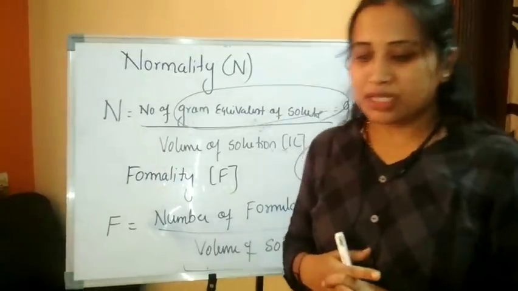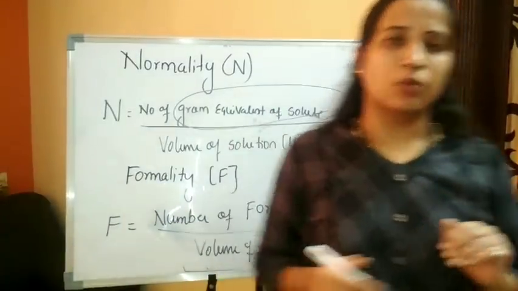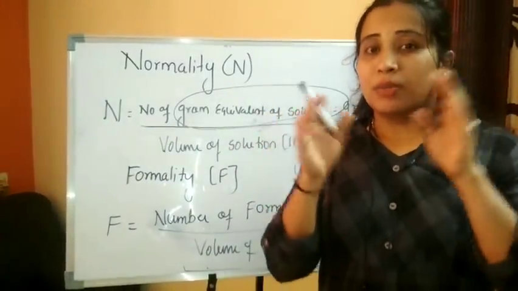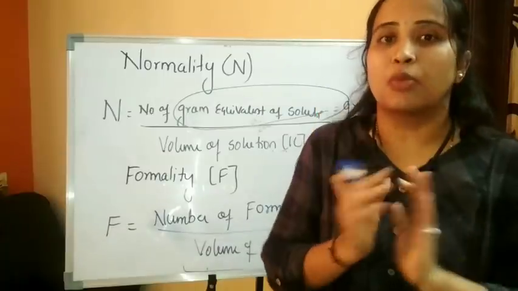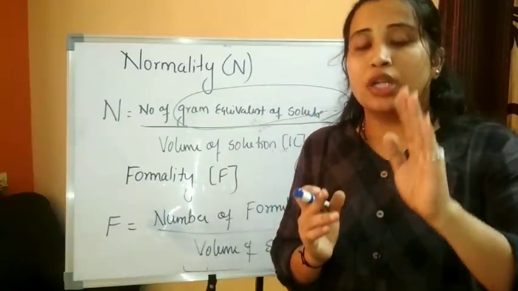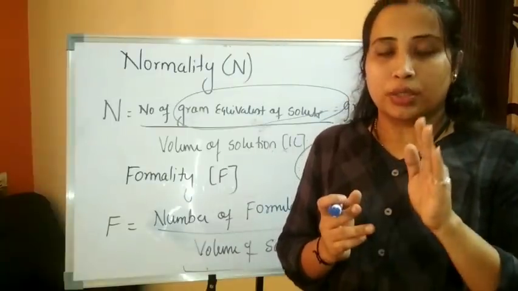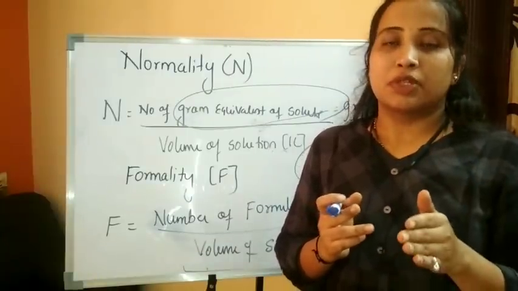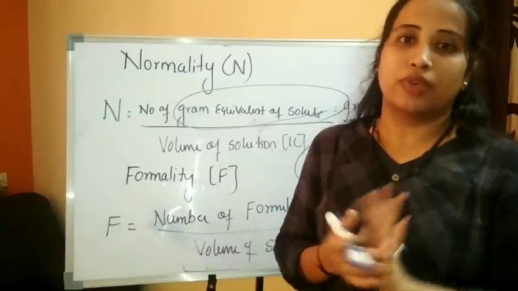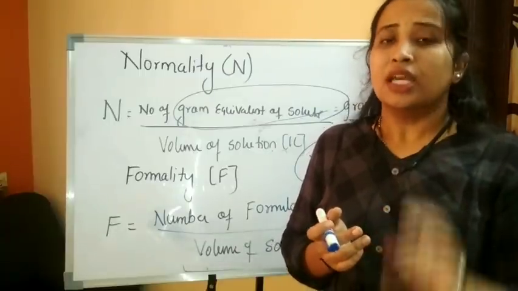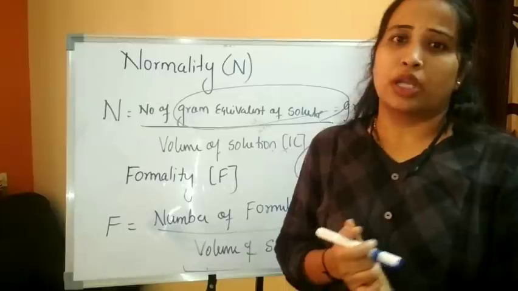So what do you mean by discrete molecule? When I say a discrete molecule, the bond between them is a very weak bond, we could say not a covalent bond, okay. The force that exists between them will be a van der Waals force of attraction, which will have a low melting and boiling point, okay.